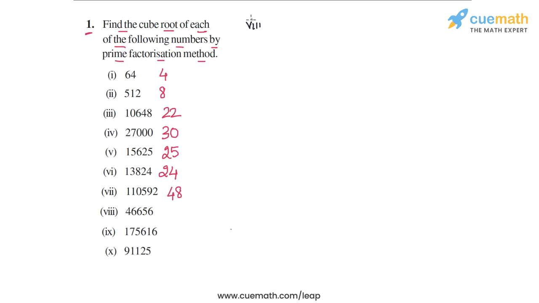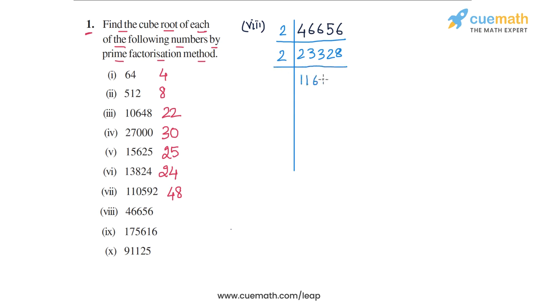Now let's do part 8. The number in part 8 is 46,656. So once again, we will start by prime factorizing this number. This number is an even number, so we take out a prime factor of 2, and that gives us 23,328. This is still even, so we take out another 2, and this gives us 11,664, which is even again, so we take out a 2 once again, and that gives us 5,832, which is still even, so we take out a 2 once again, and that gives us 2,916. So we take out a 2 again because this is even, and that gives us 1,458, and this is once again even, so we take out another 2, and this gives us